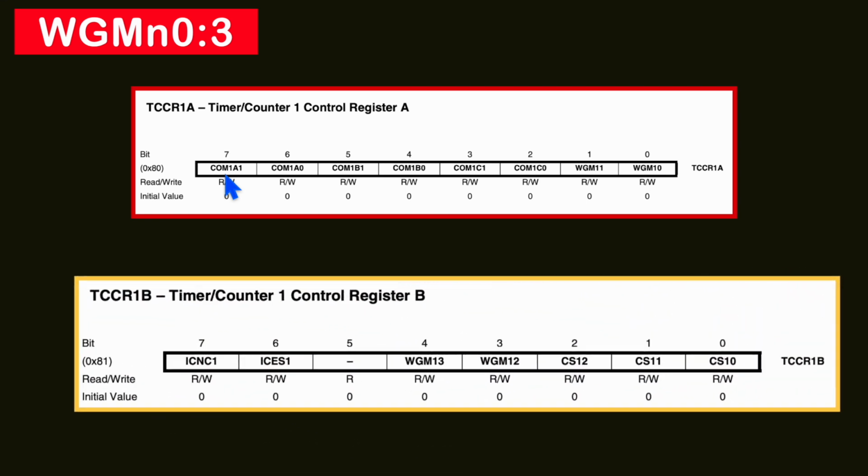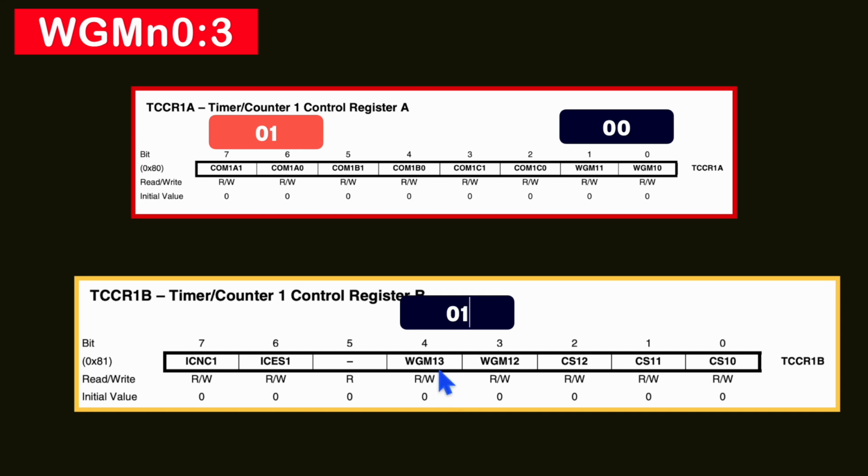So in control register A and control register B, we have to make 0 and 1 for pin toggling configuration, and these two, the 0th and first bit, will be 0 0, and this second bit will be 1 and the third bit will be 0. So with these waveform generator mode bits 0 to 3, we are selecting that our timer will be cleared upon comparison match with compare register A, and these 3 are for selecting the clock.